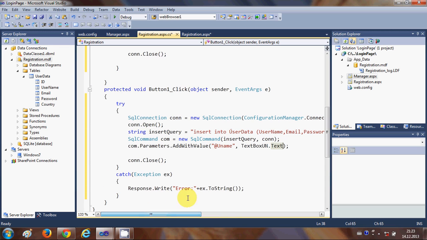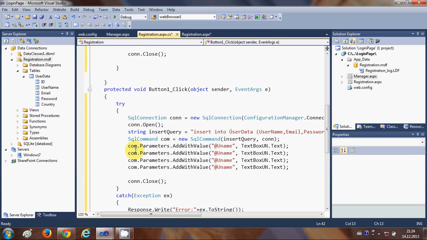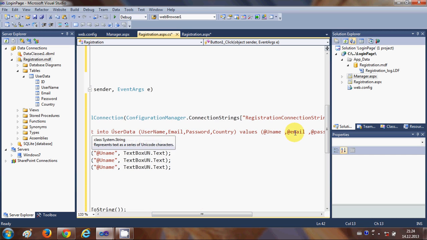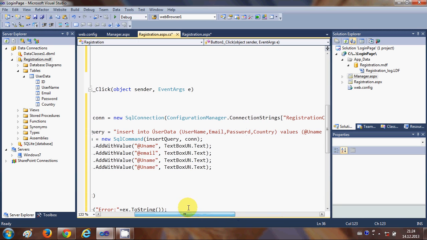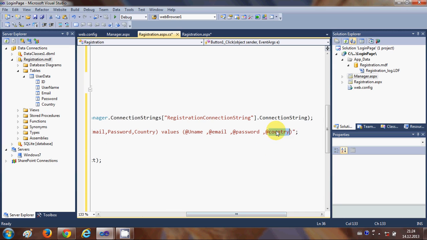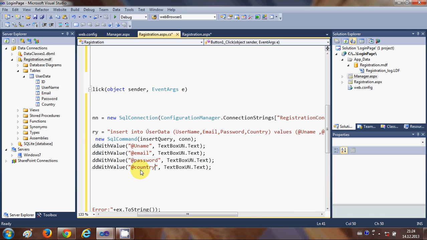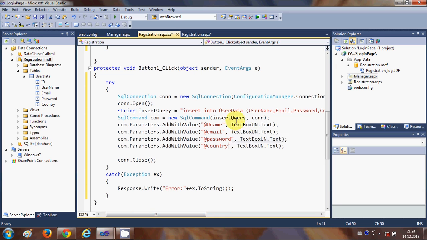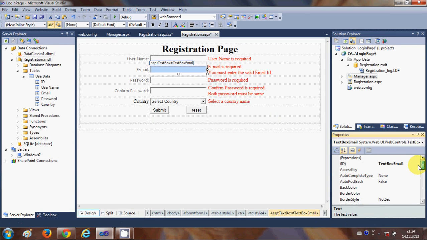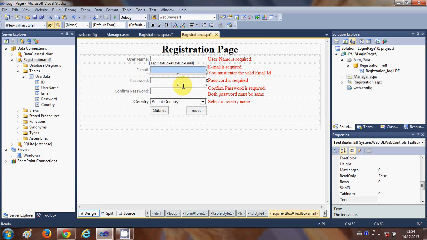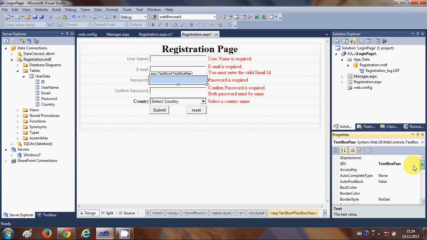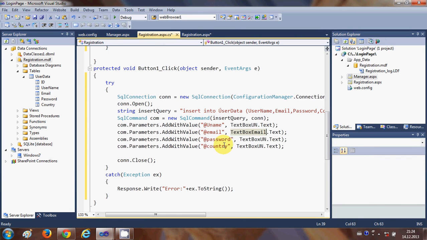.Text. Okay, so just write this, and in the same way I will copy this 4 times, because we have 4 text boxes, and I will just copy these fields. Second was @email, third was @password, and the fourth was @country. Just copy it, and in all these we also need to change the text box. So the second text box name was TextBoxEmail, so just replace it here. Third text box was TextBoxPassword,